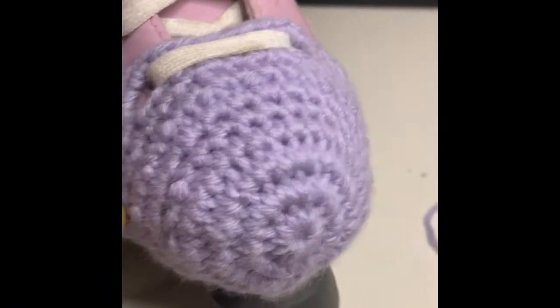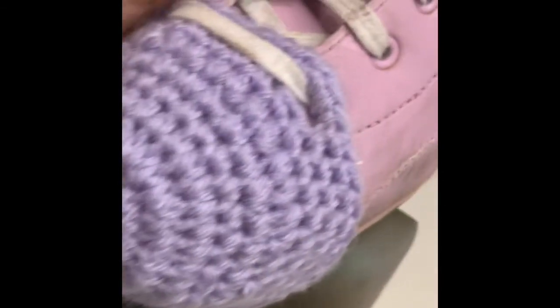Here is what the finished product looks like. So it's nice and fitted, has great